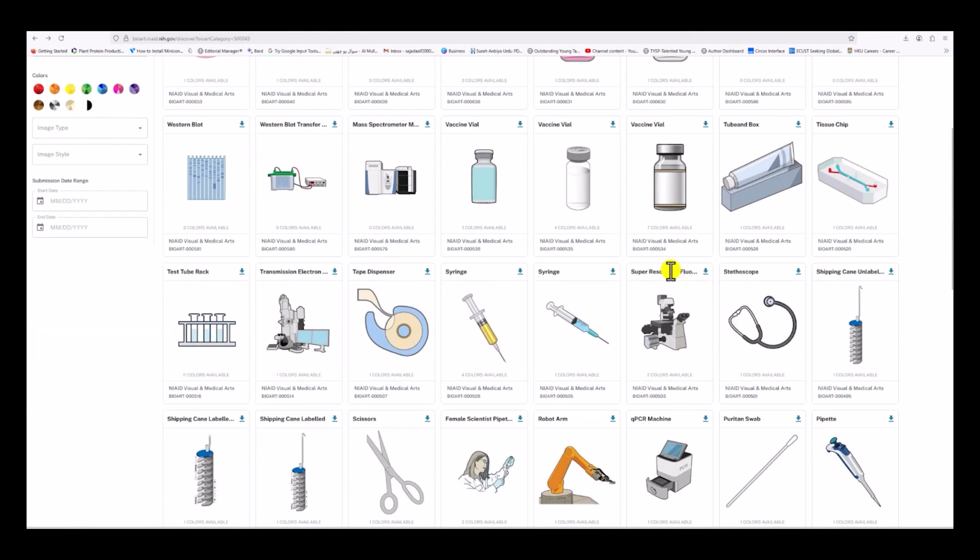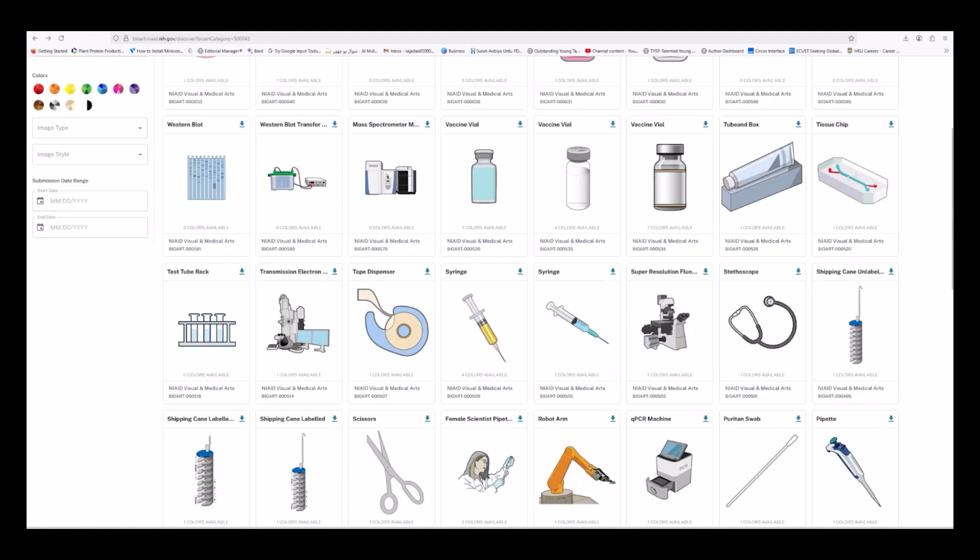Okay, the important and best thing in this is that it is available free, which is a major plus for this one. You just start searching icons and figures according to your own project. So this was the second one: BioArt, developed by the National Institute of Health. Now we will go to the third one.